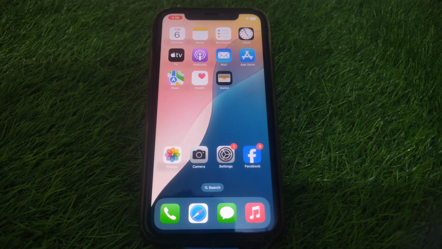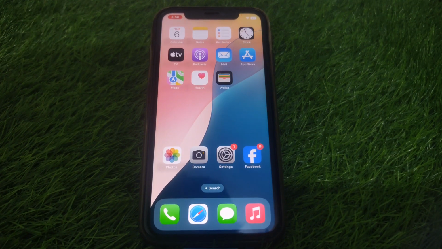But before this, you have to make sure that you have created a backup of your iPhone on any other